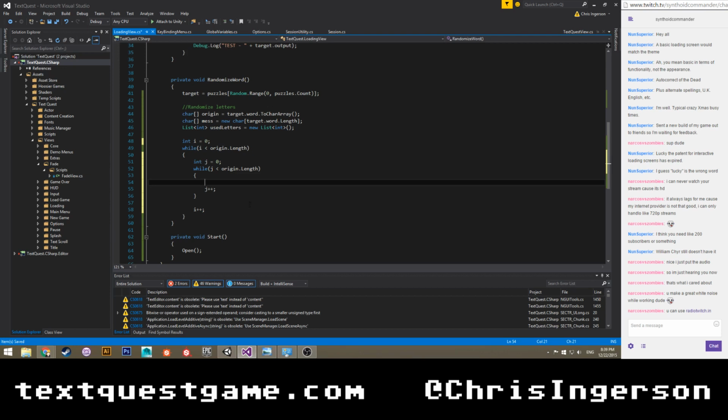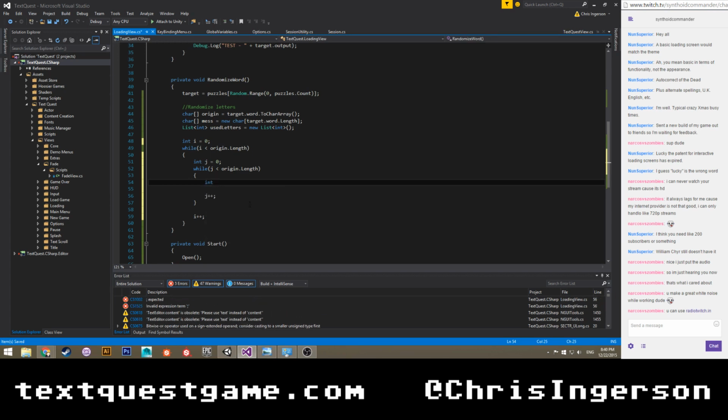So anyway, we're gonna try and say mess random dot range from 0 to origin dot length is equal to origin. Actually, hold on. I can't do that. I have to do this.